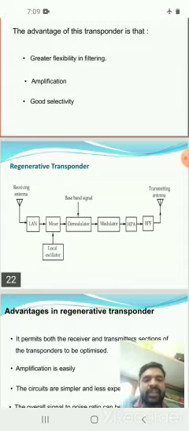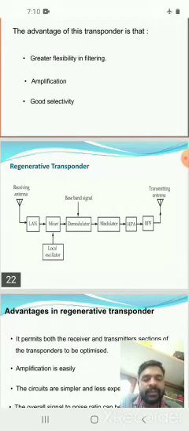Then the modulated signals are given to the demodulator section. Here the demodulator is used to demodulate the received signals and convert them into the baseband signal or original message signal. The demodulator output is the original message signal, which has very low frequency and contains the information or message. Then the message signal is given to the modulator.